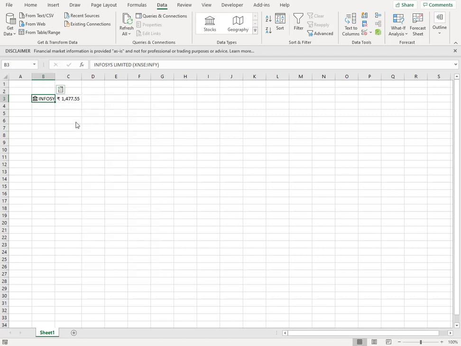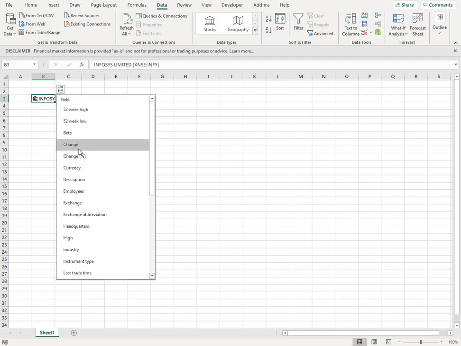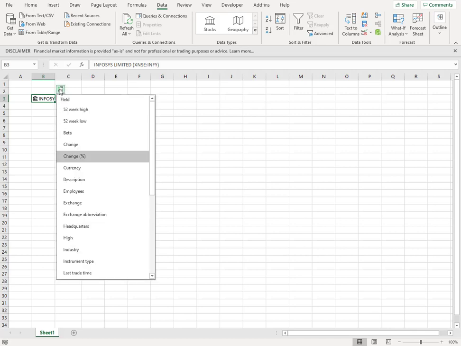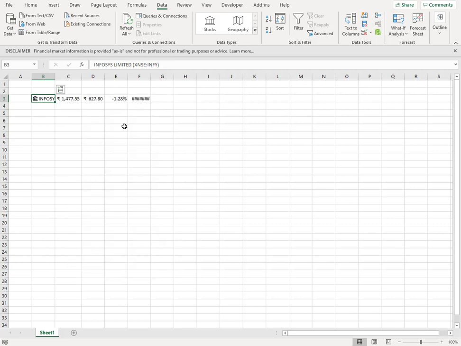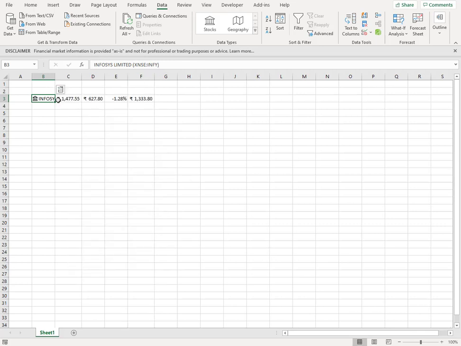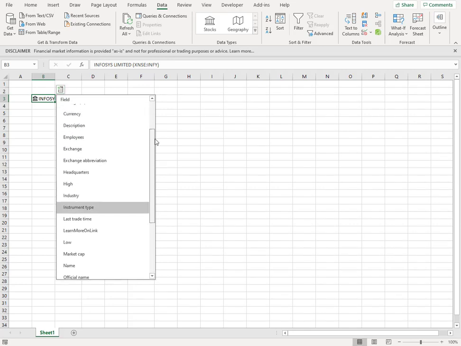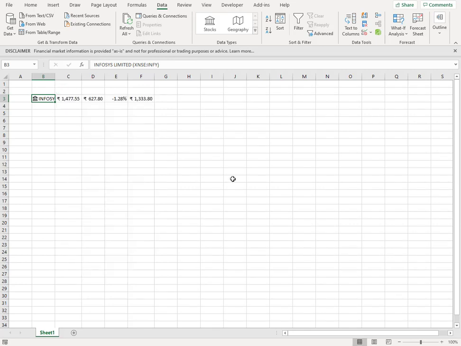Let's say I want the 52-week low, so I get the value of the 52-week low. I want to see the percentage change, so I'll see the percentage change like this. And any other data that I want from here, high, low, PE ratio, or the current price, we can get it from this menu. So whatever fields are required, just keep selecting them and they will be coming here.